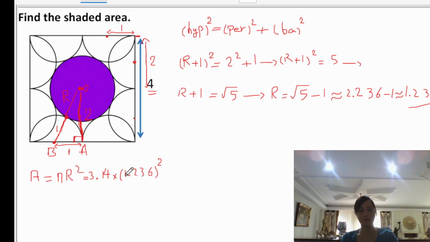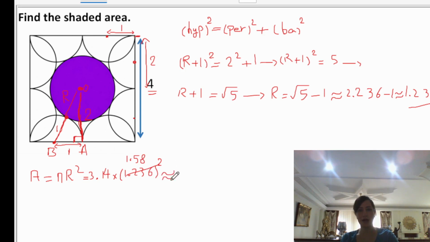This amount, when I square it, gives me almost 1.58. Okay, and then when I multiply these two numbers, 3.14 and 1.58,